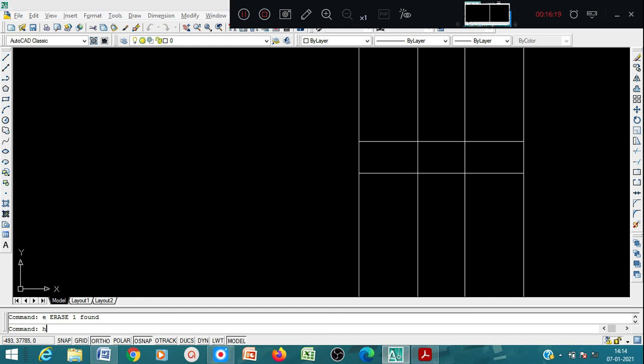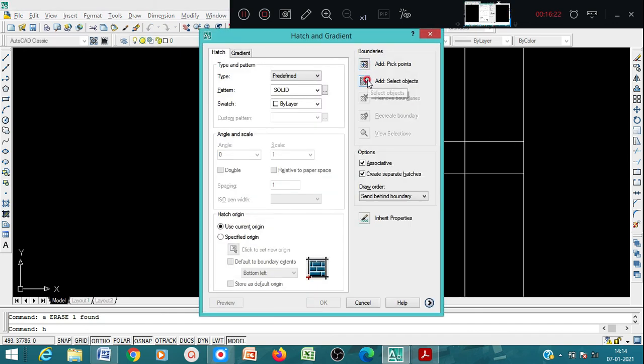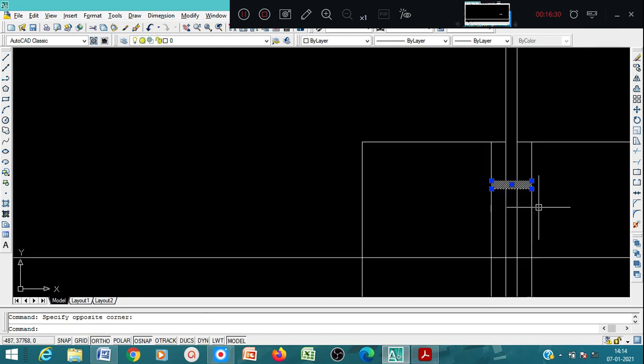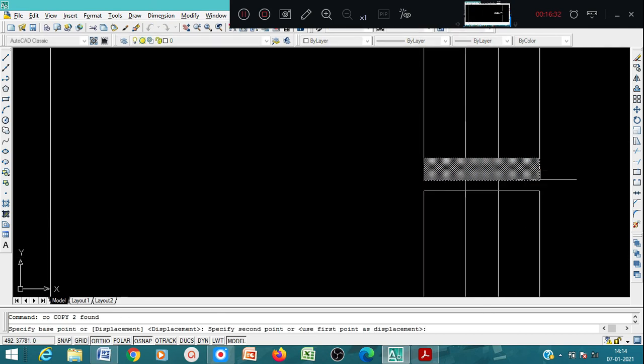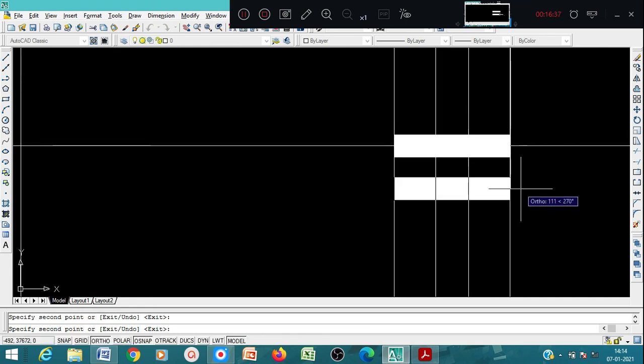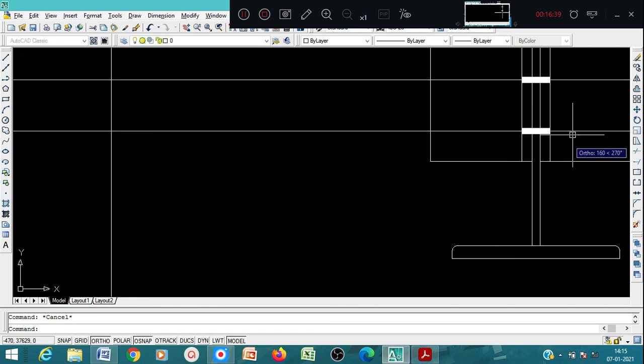You can use the hatch command again. So it is okay. Okay, so we can copy the same here.